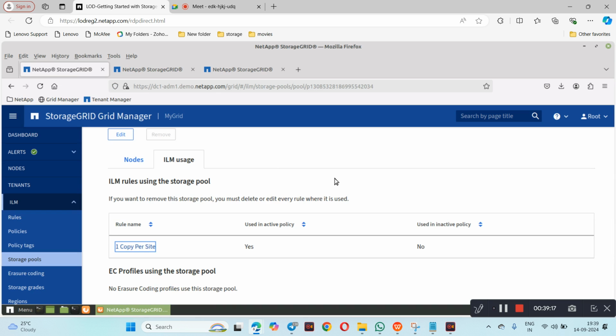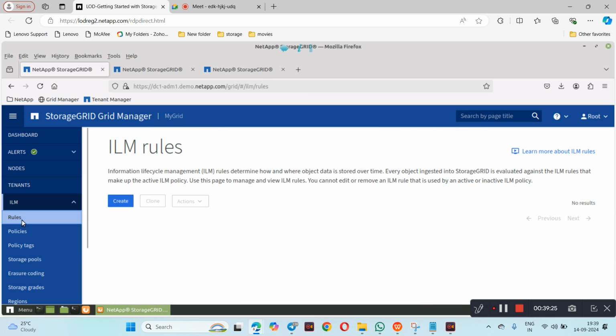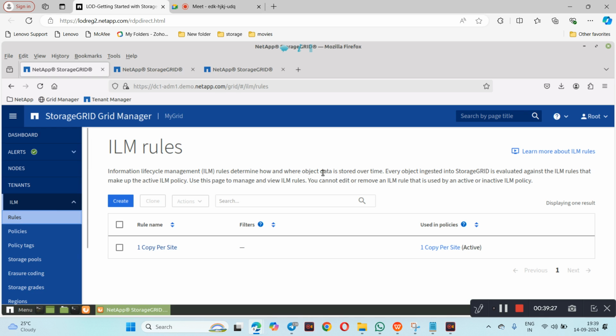Okay, one second, and if you go to rules, so these are the rules you can see. Okay, one copy per site ILM rule. So here you can see the rules you are having, like this rule that is created, one copy per site. Okay, if you click onto this rule,